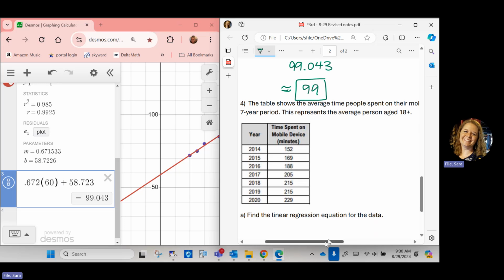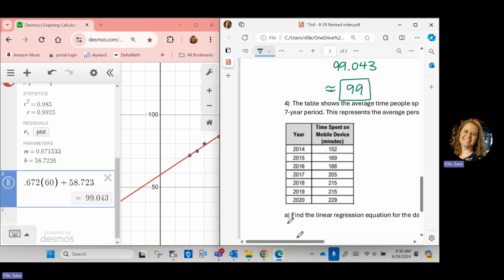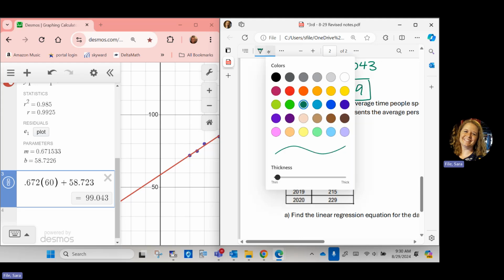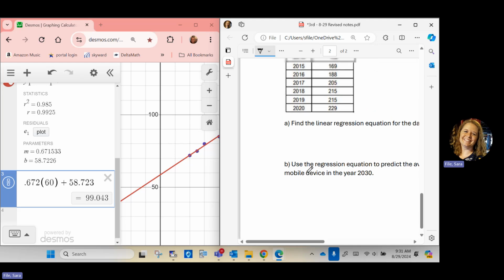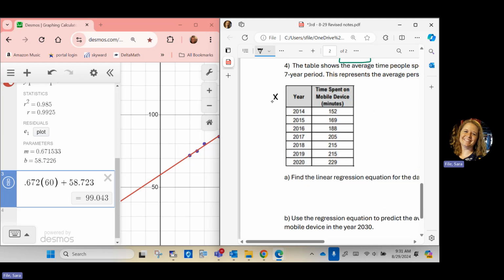Okay, now when I go to enter this data in the table, y'all may remember we had a question yesterday in our notes where our X column represented years since the data started being collected. We didn't actually plug in 2014 for X, or whatever the year was. We plugged in how many years since the beginning of the data collection. Y'all remember that yesterday? So we're going to do the same thing here. So I am not going to use the year as my X. I'm going to have my X be the years